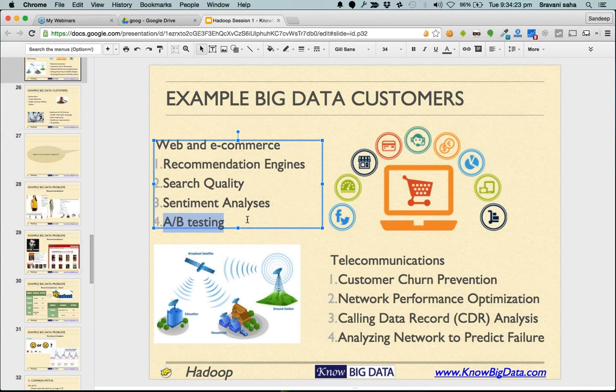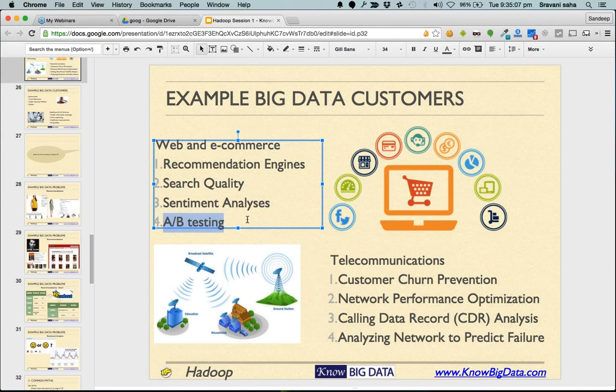Now, why does A/B testing matter in the case of big data? The reason is, if you have big data, only then does it make sense to do A/B testing. If you are only getting, say, 10,000 requests per day, it doesn't make much sense to observe a small percentage of users. The data might be very misleading in the case of a small number of users. Therefore, big data is very useful in A/B testing. The bigger the data, the better your insights get.